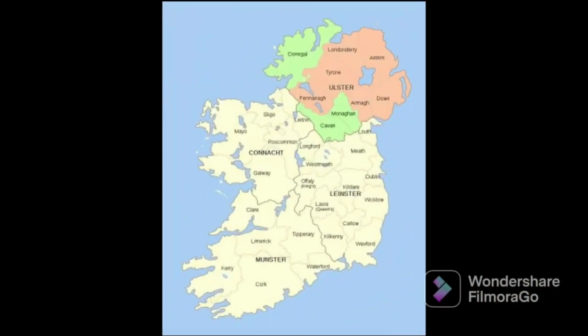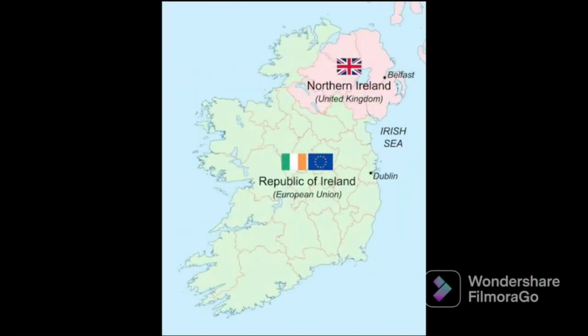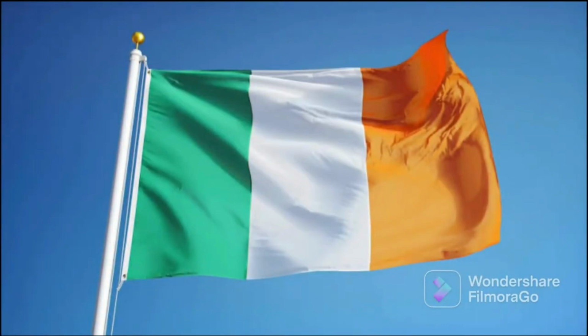Northern Ireland is one of the four constituent countries of the United Kingdom, located in the northeast of the island of Ireland. It is bordered to the south and west by the Republic of Ireland, to the north by the North Channel, and to the east by